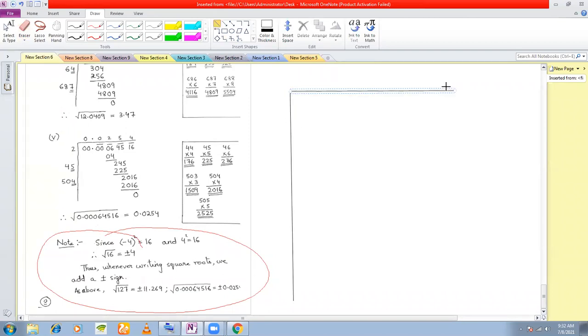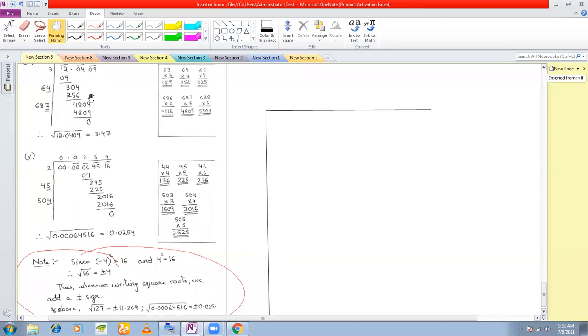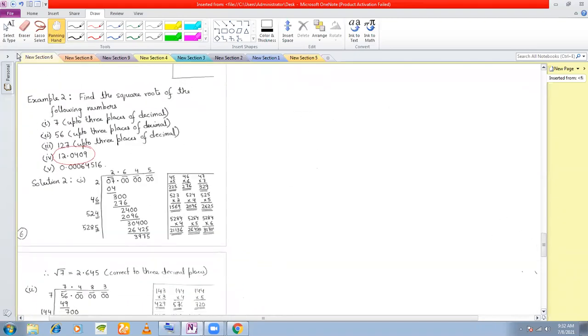And what you can also do is you can choose any number on your own. Check the square root in the calculator, find out the square root and check your answer in the calculator. That is what you can do. Okay, sir. So the given number here is the next number.